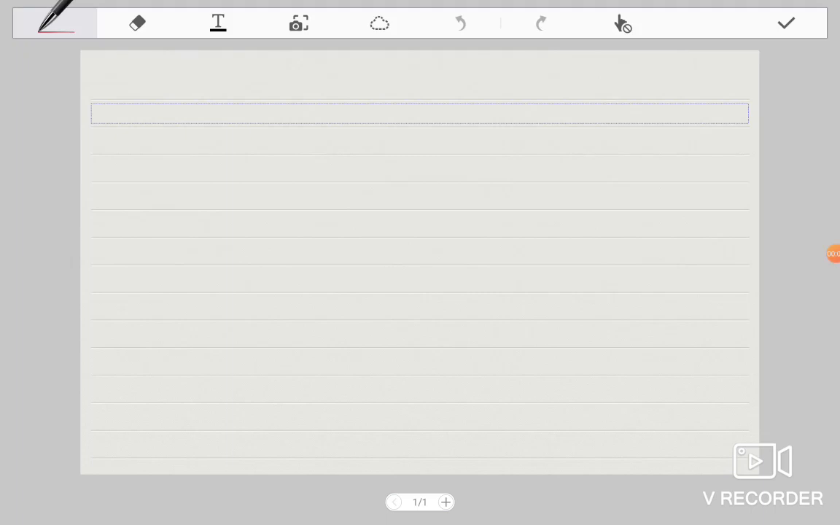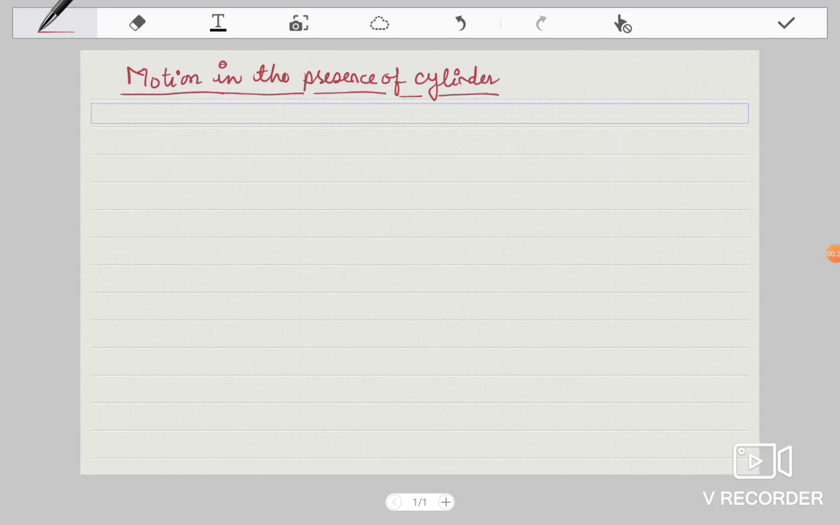Dear students, today we will start the topic the motion in the presence of a cylinder. Motion in the presence of a cylinder. First of all,